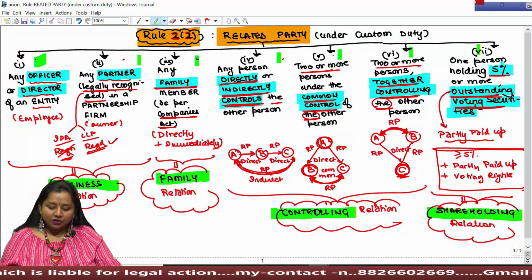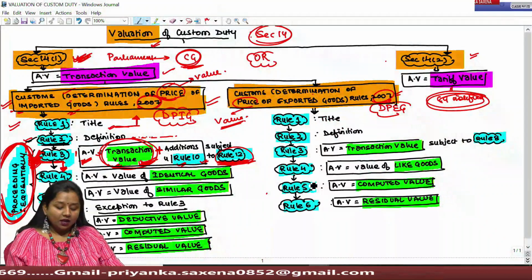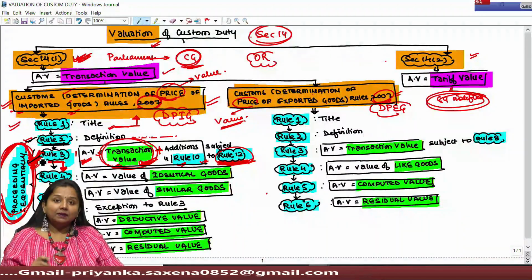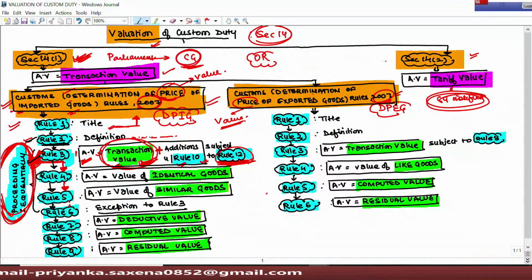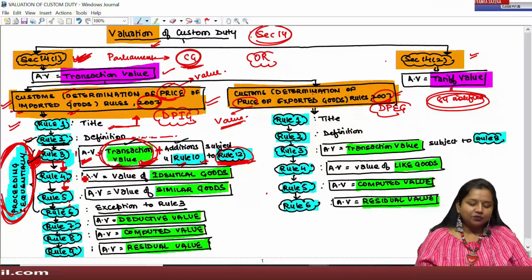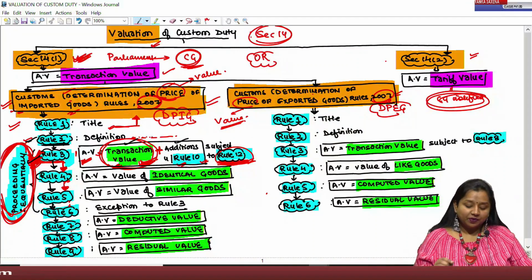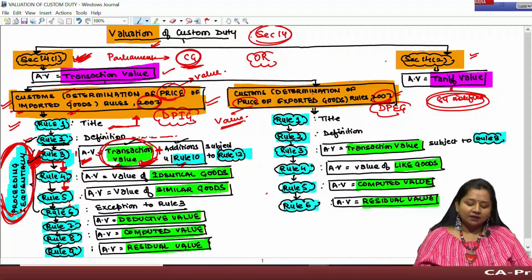So we can conclude that rule 3, subject to the conditions given under rule 3(2), if transaction value has been selected upon which additions under rule 10 have been added, then only rule 3 shall be applied. And if any of such condition has not been satisfied, then we have to proceed sequentially under rule 4. Further, there is a small rule 12 which also says something. Rule 12 says